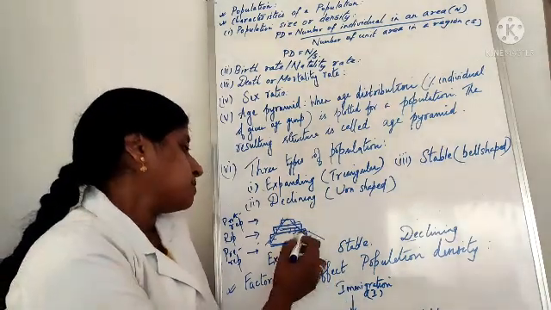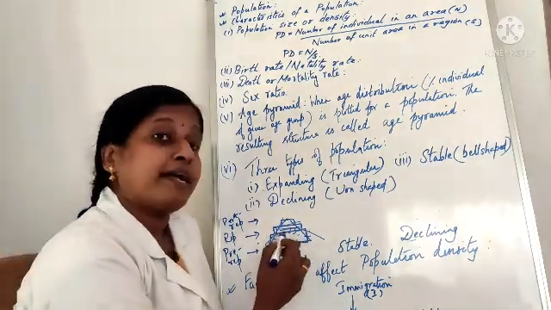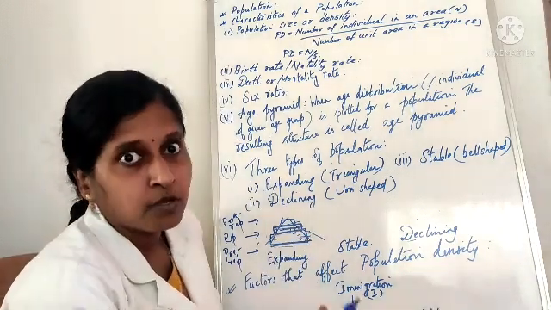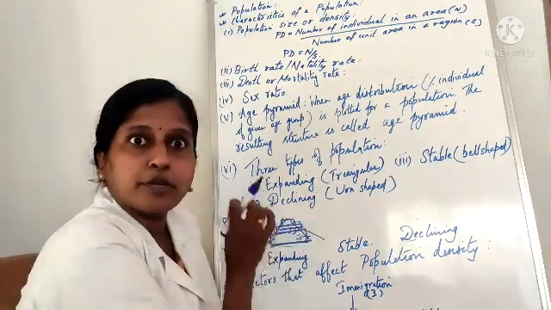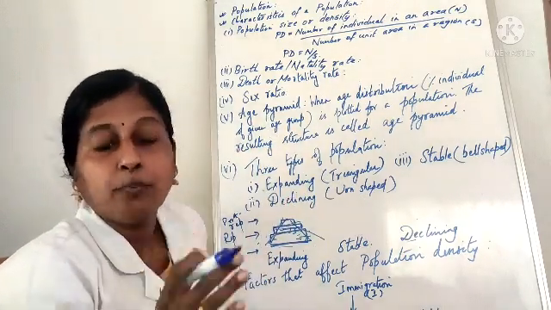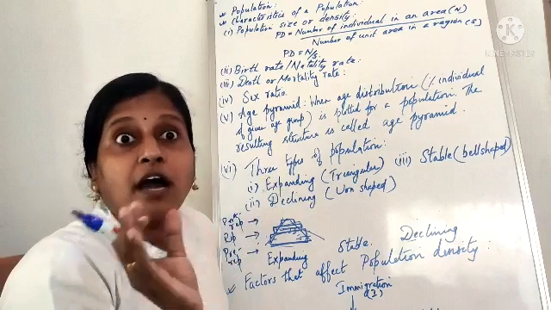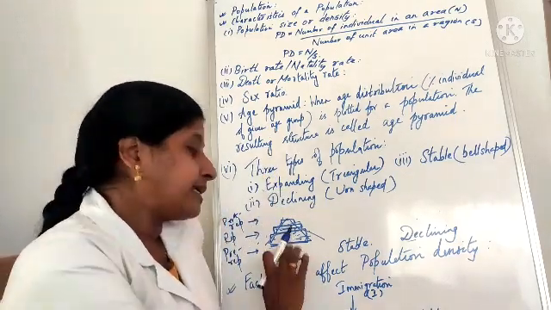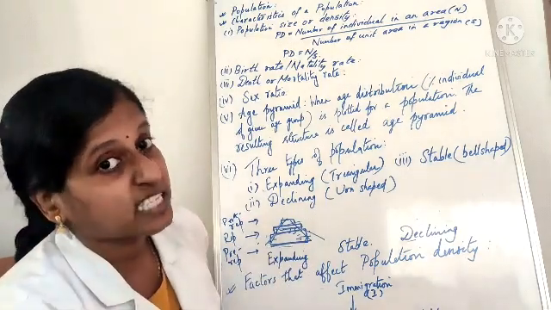Okay. So in this case what you are saying is expanding, because these pre-reproductive individuals will come to the reproductive group. So that many individuals are coming to the reproductive group, and they will also be reproducing and giving rise to more. So the pre-reproductive group will always be higher compared to the reproductive and post-reproductive groups. So in that case the population will go on expanding.